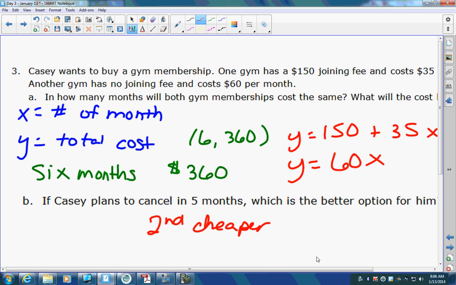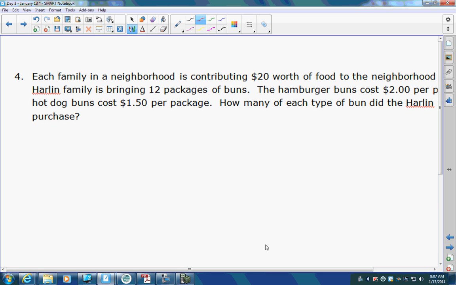Again, there's not a right answer to which one's a better deal. It depends on what you want for whatever you're trying to purchase. So the next one says, each family in the neighborhood is contributing $20 worth of food to the neighborhood